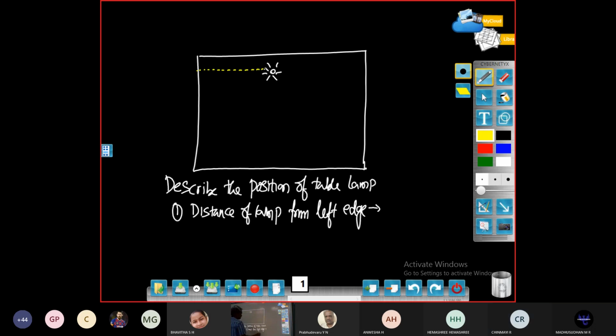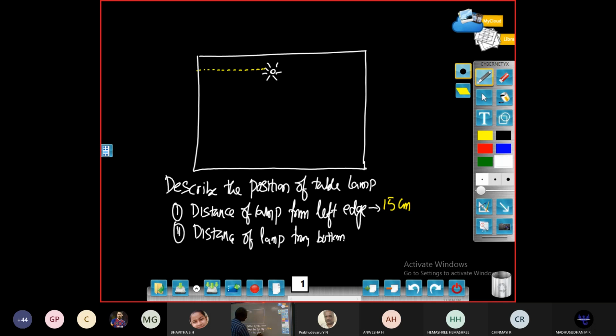It's 6 centimeter. So okay, on 15 centimeter you assume. Then another one, we need to locate, another piece of information is required, that is the second information, that is not enough. So the distance of the lamp from, I can call this as bottom. It cannot be bottom on the table. No side can be called as a bottom edge. But here on the table I can call for reference. So bottom I will take.